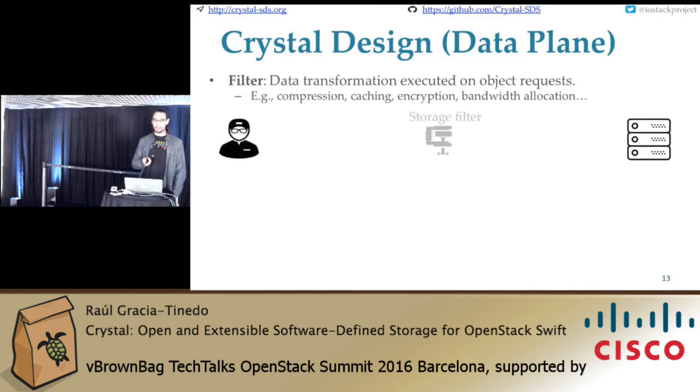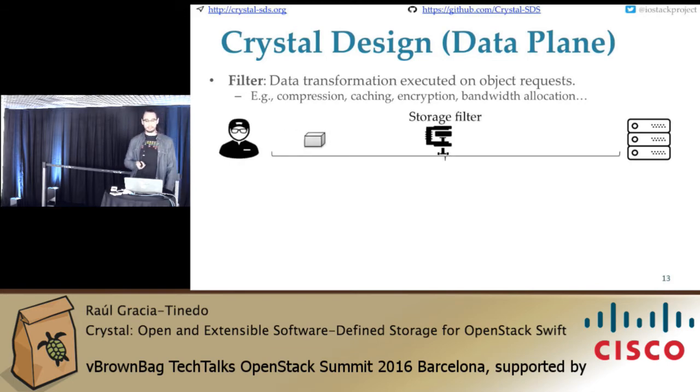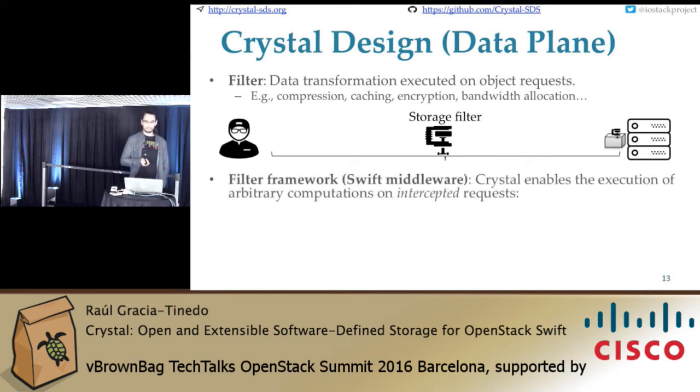Basically, you have a user and the storage system. When a new put gets into the system, for example, the storage filter intercepts the request, executes compression in this case, and it is transparently executed for Swift. Crystal provides a filter framework that enables developers to deploy arbitrary code that will be transparently executed in Swift.